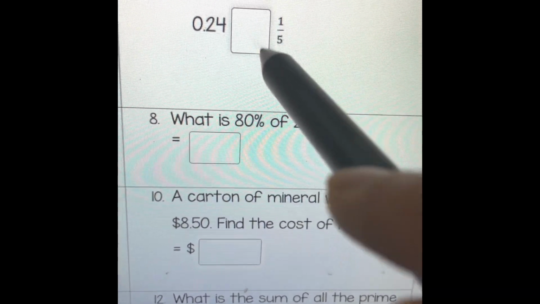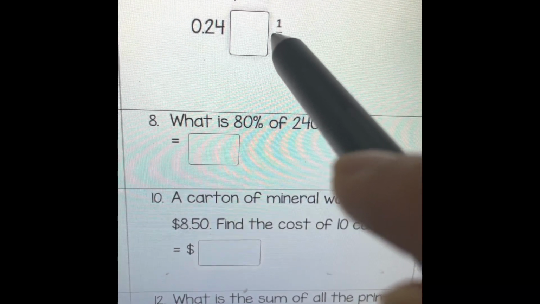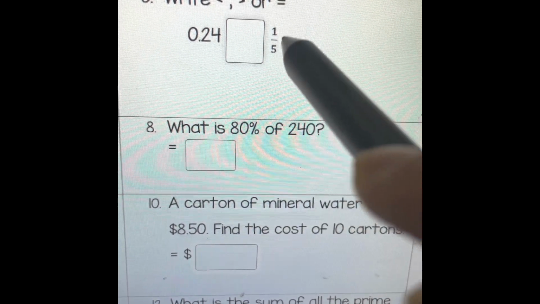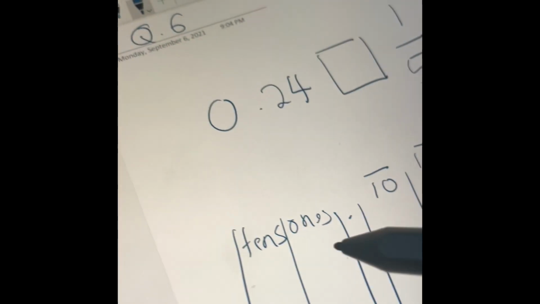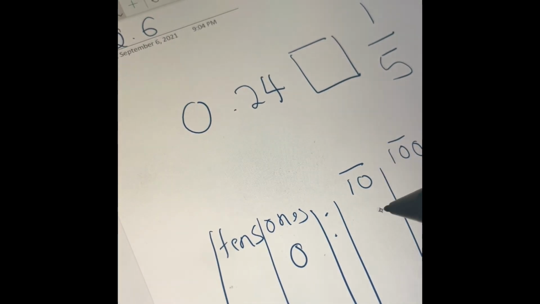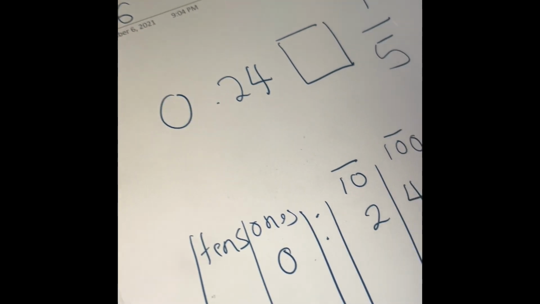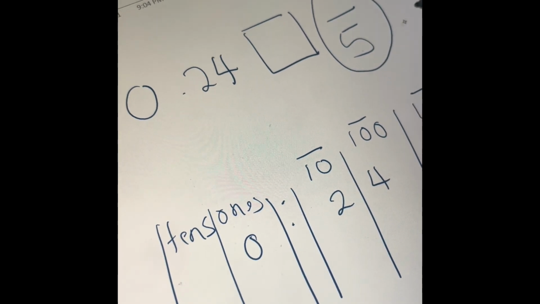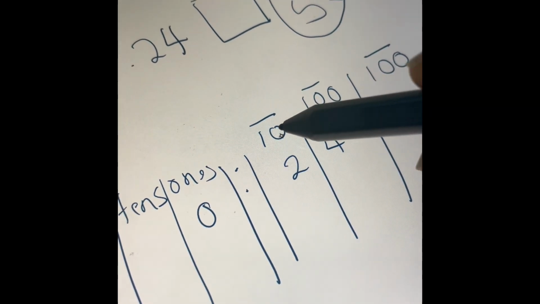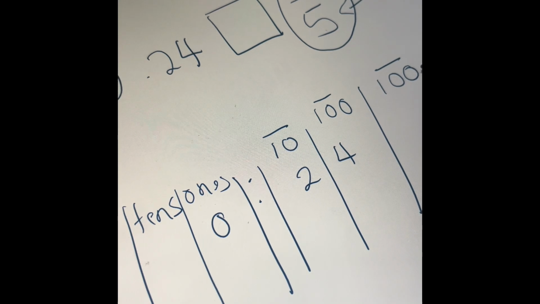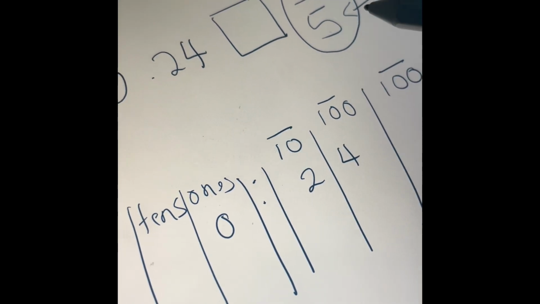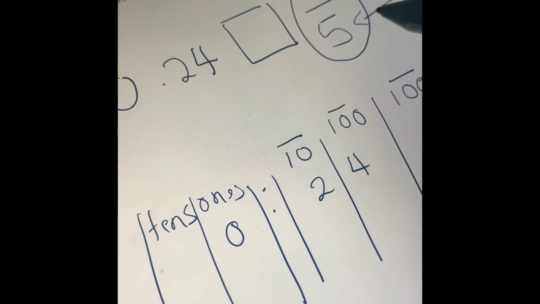So, but when we look at this one, can we put this in a place value chart and change it? Yes, so we're going to do this first. So, it's going to be 0.24. Now, let's look at again this one. 5, ada kaya di sini. Di sini ada 10, 100, 1000, right? So, yang dah ada. But can we make it jadikan ia